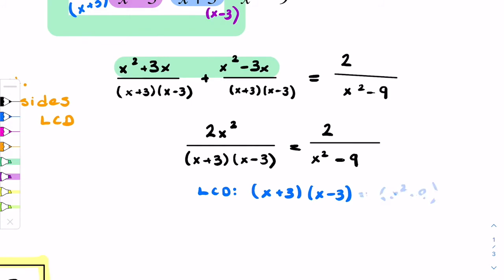So knowing that the LCDs are exactly the same, or the denominators are exactly the same, you don't really have to do the step of writing out that you're multiplying by the denominators. Because these denominators are the same, you can essentially just eliminate them. But I'm going to write out all the steps just to show you, and then in the future, you don't have to do this. So if I multiply the top and bottom by both x plus 3 times x minus 3,